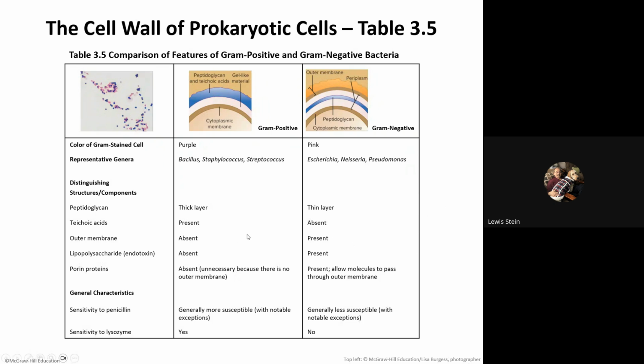Okay, so we have, relatively speaking, the thin layer of peptidoglycan, and you're going to see it's sandwiched between a couple of membranes. They don't have the teichoic acids. Okay, and we'll get to it. The whole difference,